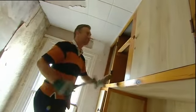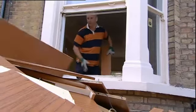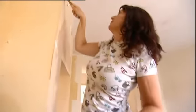He's put his family's life savings on the line and remortgaged their home in order to buy this 4-bedroom Victorian terraced house. There's a lot riding on it for David and his family, and his wife Christine is yet to be convinced it's the right